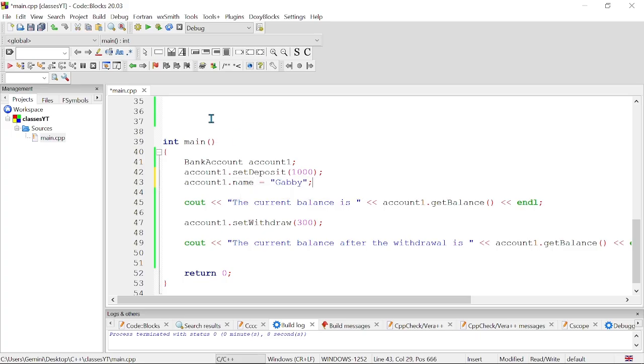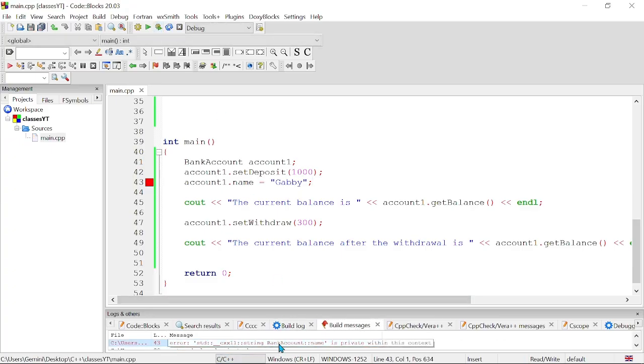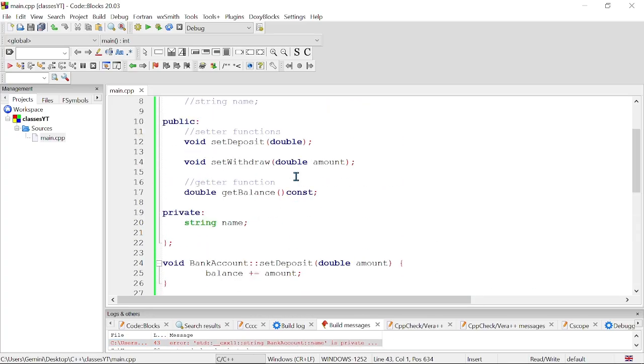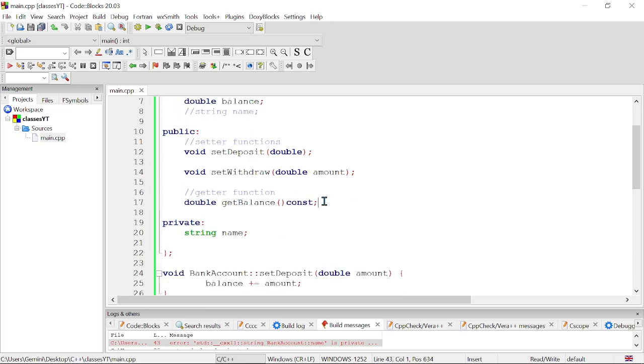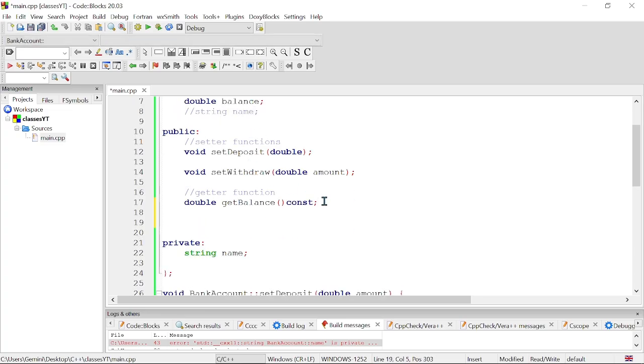So let's actually run this and see the error we get. So it is telling us that string BankAccount, the name is private within. So in order for us to access this, you can actually create a member function that will help you get to this. So let's do